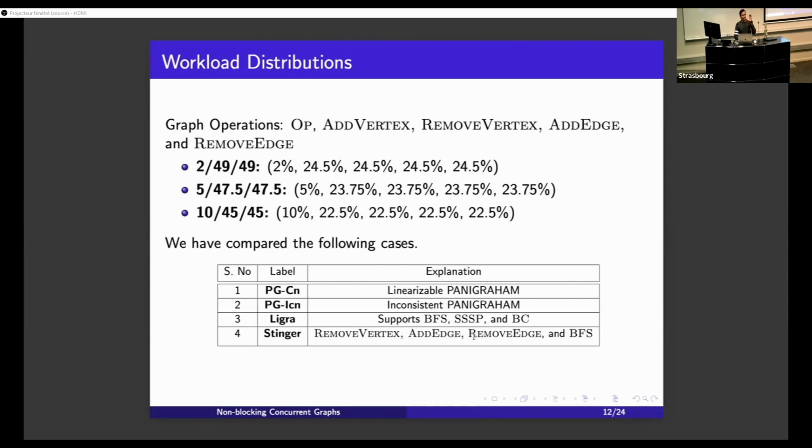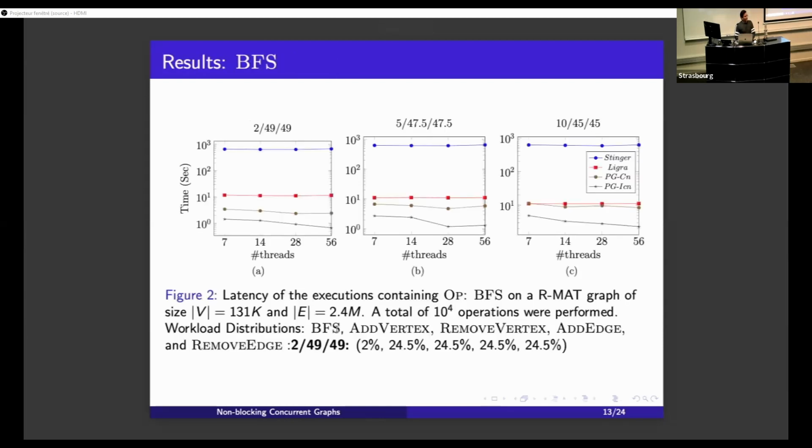First they allocate the number of vertices. Based upon that, they perform the operations. To make a fair comparison, we tried to implement the missing operations for Ligra and Stinger. To implement add vertex for Ligra and Stinger, we did a memory copy from the old graph to the new graph, tried to add one vertex, and released the old memory. That way, we did the memory copy of the old graph to the new graph, and they perform the operations based